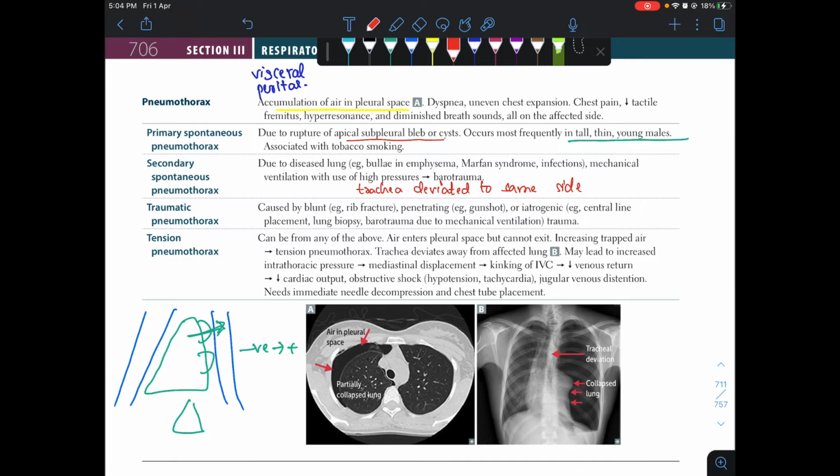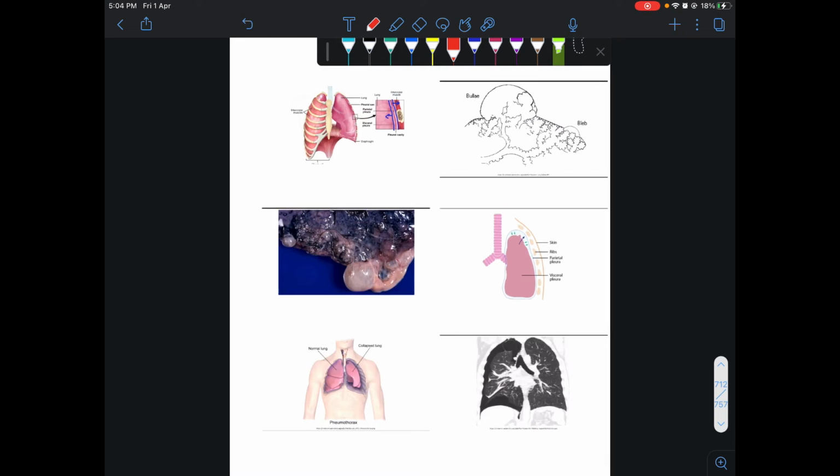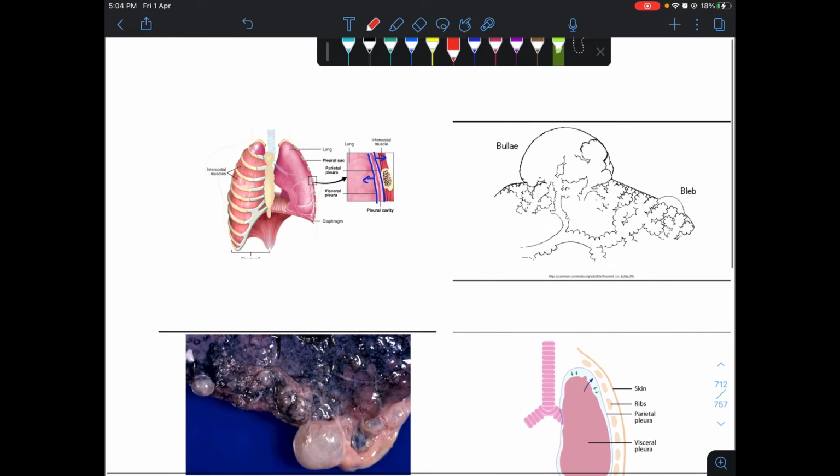Let's see some figures. As we can see here, this is the bullae and this is the blebs. Bullae are larger than the blebs. Bullae are commonly found in emphysema patients, and blebs are small cysts which are formed in random people like tall, thin males, and in connective tissue disease patients like Marfan and